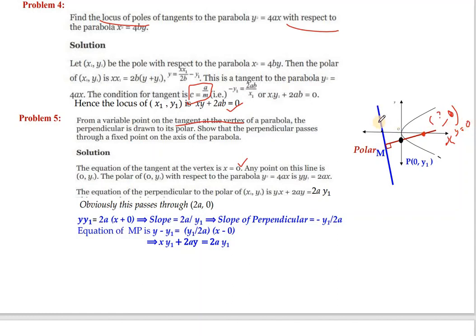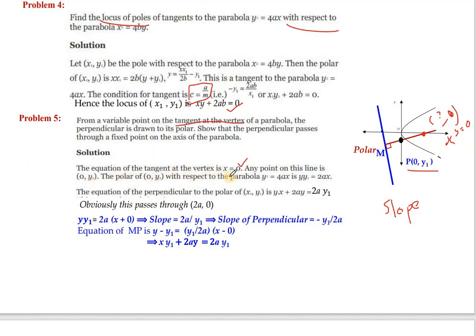We know the equation of this polar. Okay, polar of which point? This point. So we can write out the equation of this, from which we will get the slope. So once you get the slope of this, you can get the slope of the perpendicular. So slope is known, one point is known, we can write out the equation. So that is the idea. Once that is known, solving that with y is equal to 0, we can get the x coordinate.